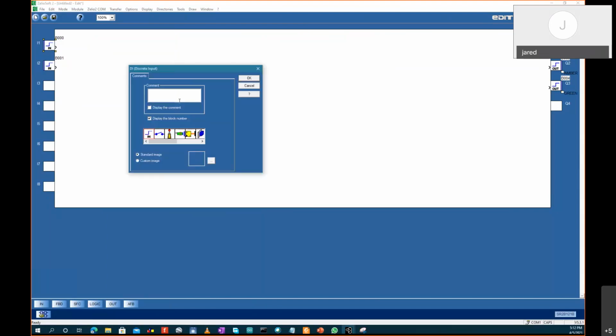I put it as display comment, and then you put it as, can change the way it is depending on how you want it to be, like a push button. This is my start,